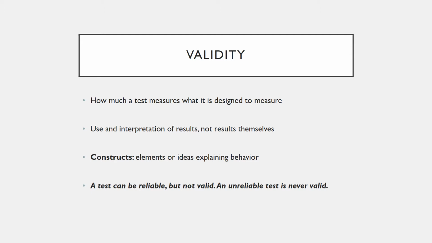So the relationship between validity and reliability: a test can be reliable but not valid, which means that a test can come out the same way every time you take it, but not be particularly meaningful. But an unreliable test is not ever a valid test. So if we have too much variance in the scores, then it's not really going to be a valid test anyway, because we can't even depend on the way that it's administered and scored to even make meaning of understanding what it would tell us about that particular construct.